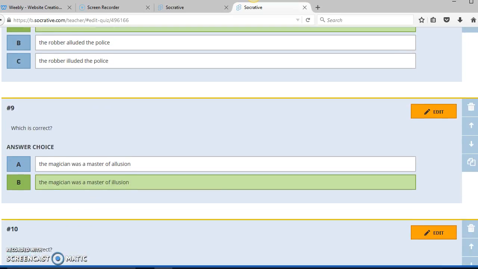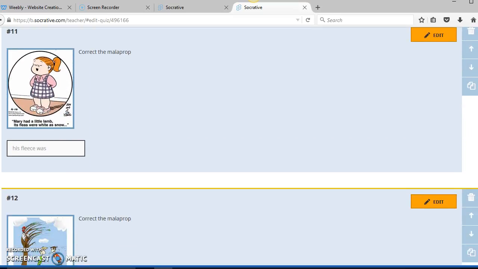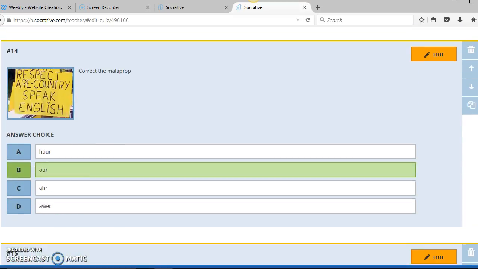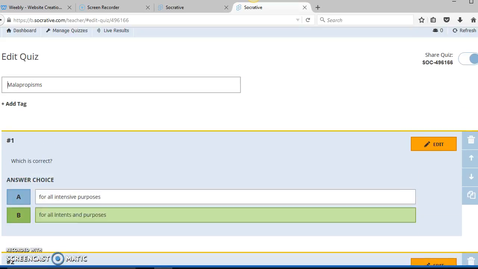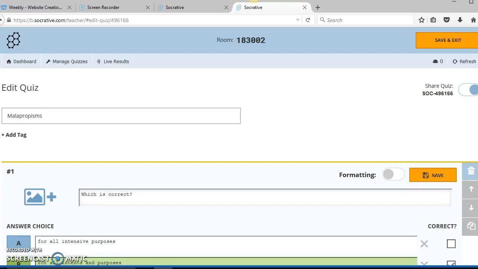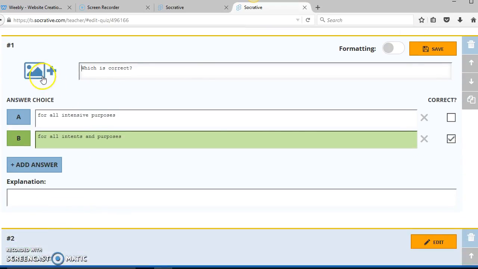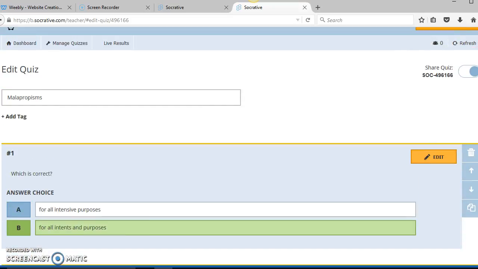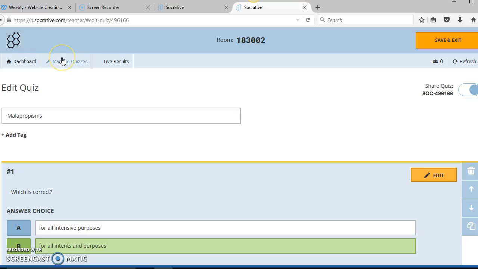And you can see the quizzes are made up of questions. You can add pictures if you'd like to. You can even add slight answers to the questions or comments underneath. So for example, if I wanted to edit this particular question and add a comment to it, when I clicked on that, it gives me the option to do pictures. I can put my content in for what the question is. I can put my answers in. I can add additional answers. And I can add an explanation if I want the students to see something after they're done. That can be posted in there too. So that is sort of question creation and quiz creation,